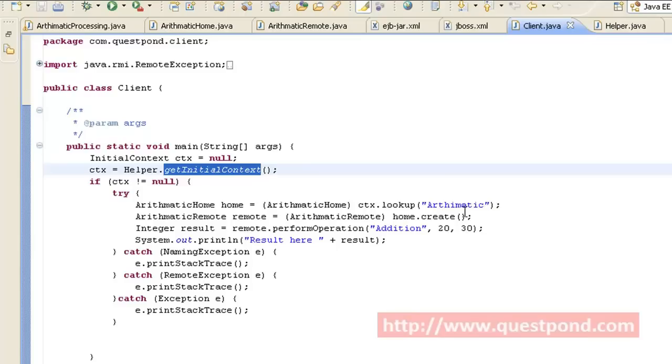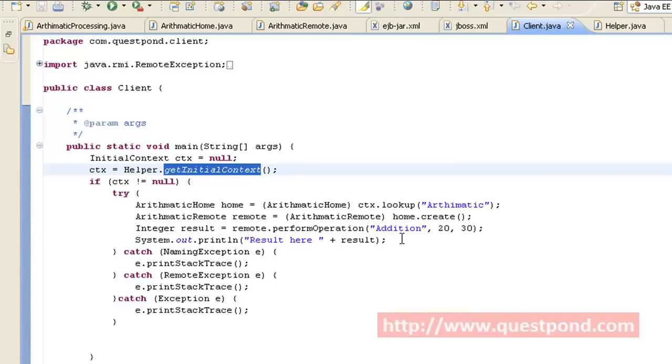The create method returns us the reference of the remote interface, that is the arithmetic remote interface, and by using this interface we can invoke the business functions exposed. Since we expose the perform operation, we are invoking the same within this class. The arguments which I pass are addition and the values 20 and 30 respectively.